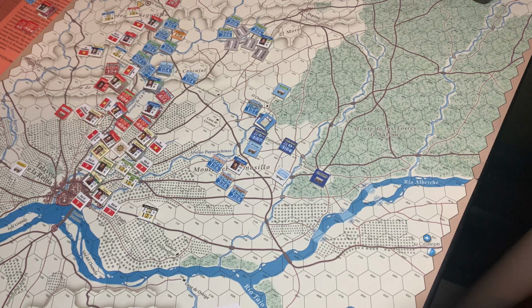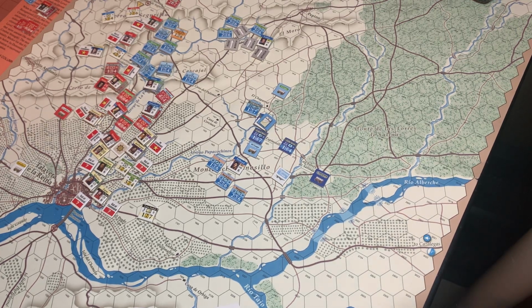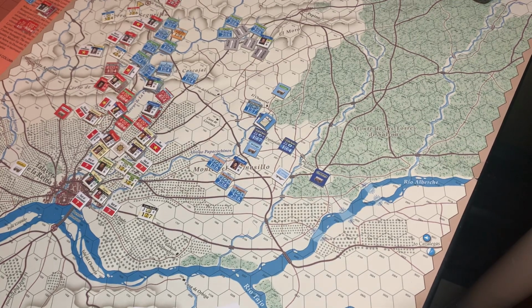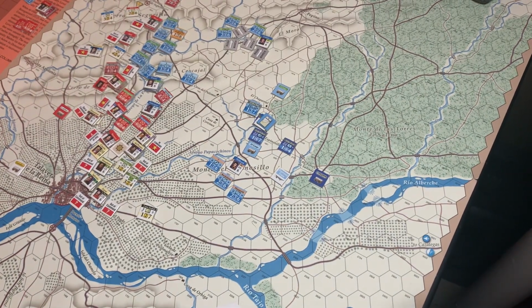So, you got Fuentes de Oñoro, you got many others that need to be covered. But we're going to cut this one short here. We finished this turn, and now we're going to move on